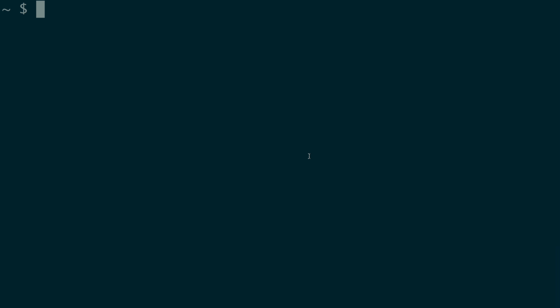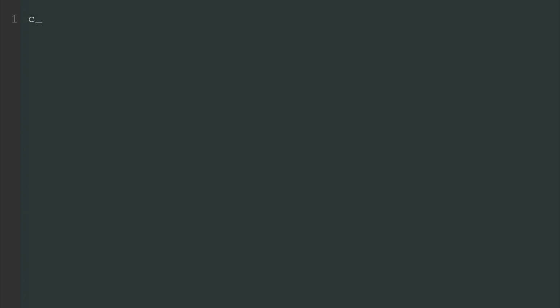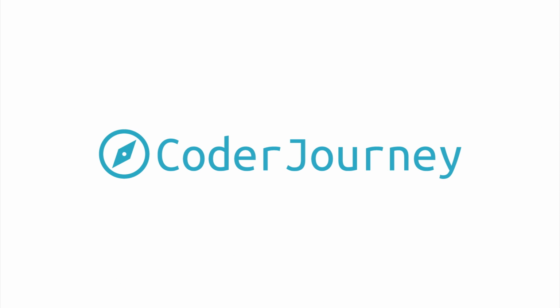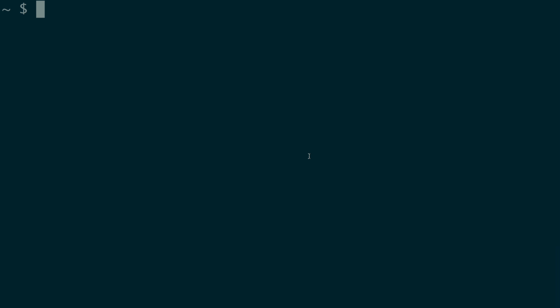Today we're going to step away from programming for a little bit to cover a tool that we've used in every single tutorial thus far, and that's the command line. Our goal for today is to unpack the command line, what it is, and take away some of the magic